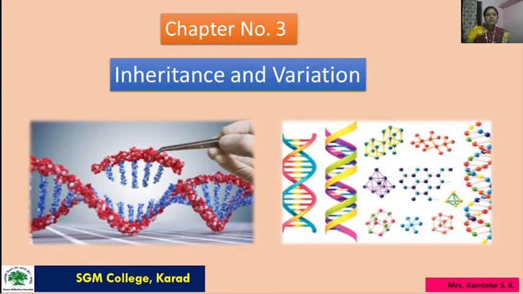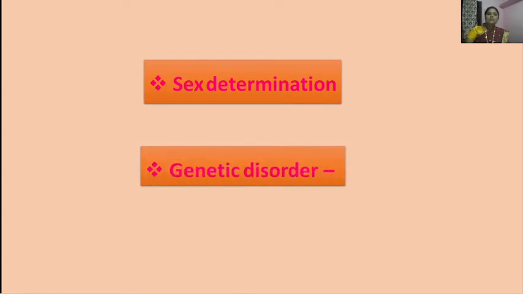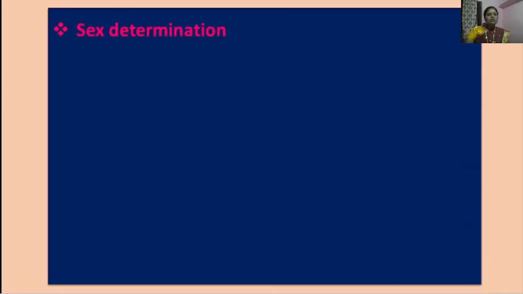So in this lecture two topics are covered. The first one is sex determination and another one is genetic disorder. Under sex determination and genetic disorders, there are further subpoints. So these subpoints are, let us see here. In sex determination, the first subpoint